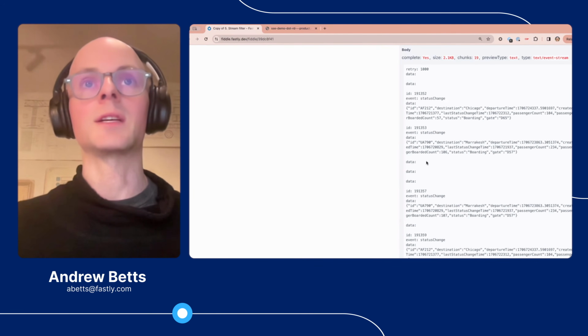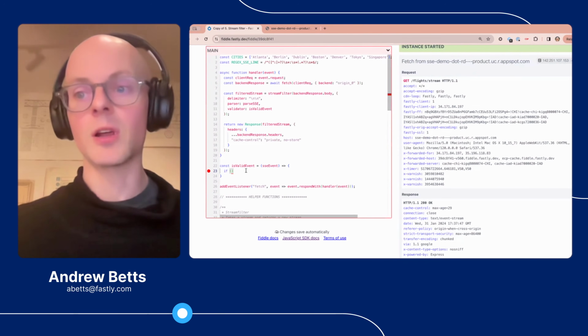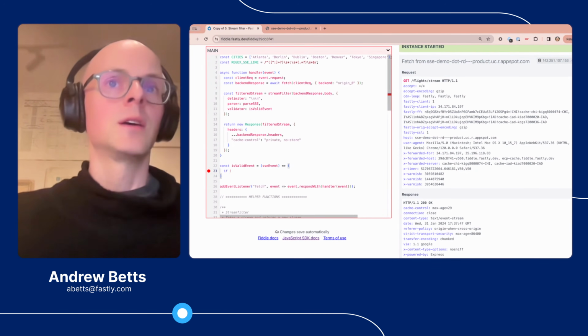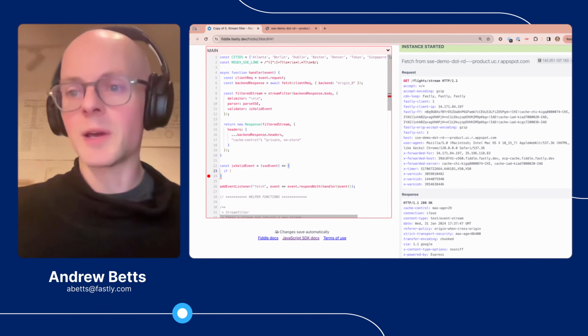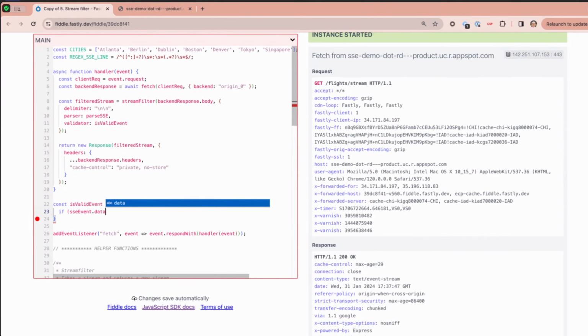It's just one data key with no value. That's a ping. That's basically the server trying to keep the response stream alive when it doesn't have any data to send us right now. Now, there's no reason not to include those pings in the output stream as well. So let's say if SSE event.data doesn't exist, or is an empty string, then let's return true